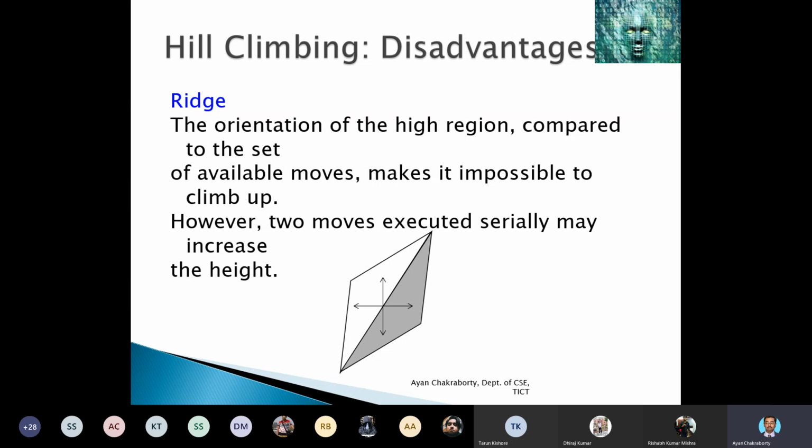But it may not be, because there are some other nodes beyond visibility from this current state. Until we have explored all these other nodes, we can't say that we have reached the target. So that is another disadvantage of the hill climbing algorithm, the local maxima problem.